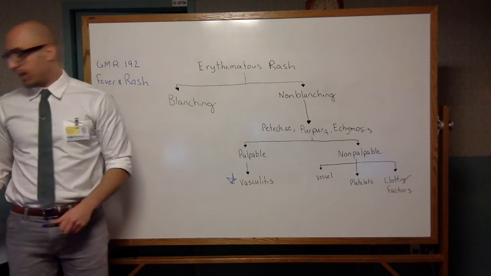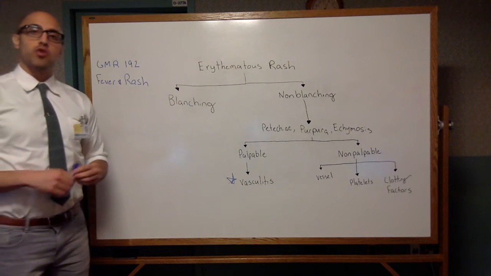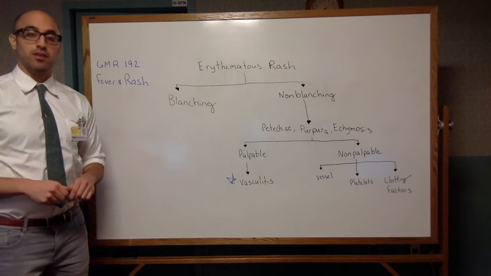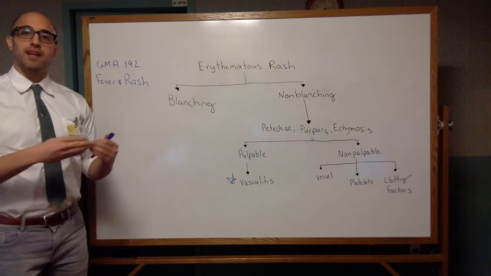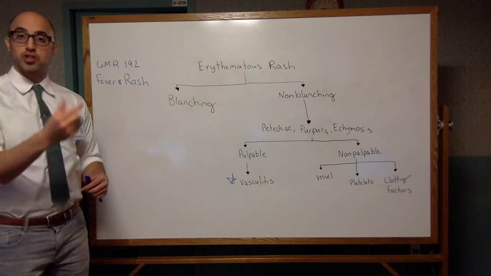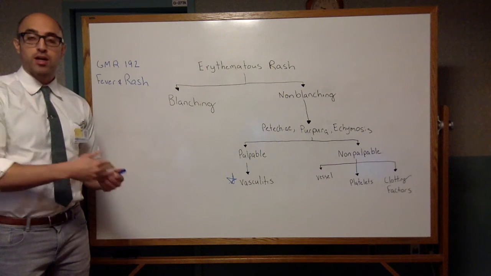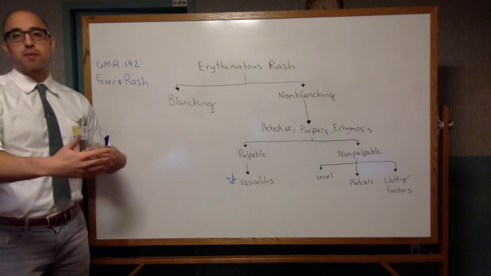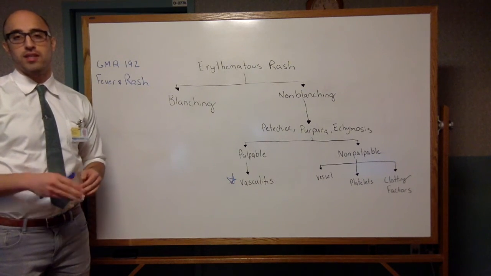We learn in this case that the patient's rash does not blanch. So this suggests a process of extravasation of red blood cells. Depending on the size of the rash, you can identify it as petechiae, which are small erythematous non-blanching rashes, purpura, or ecchymosis. These are just a spectrum based on size, but the underlying pathophysiology is the same for petechiae, purpura,